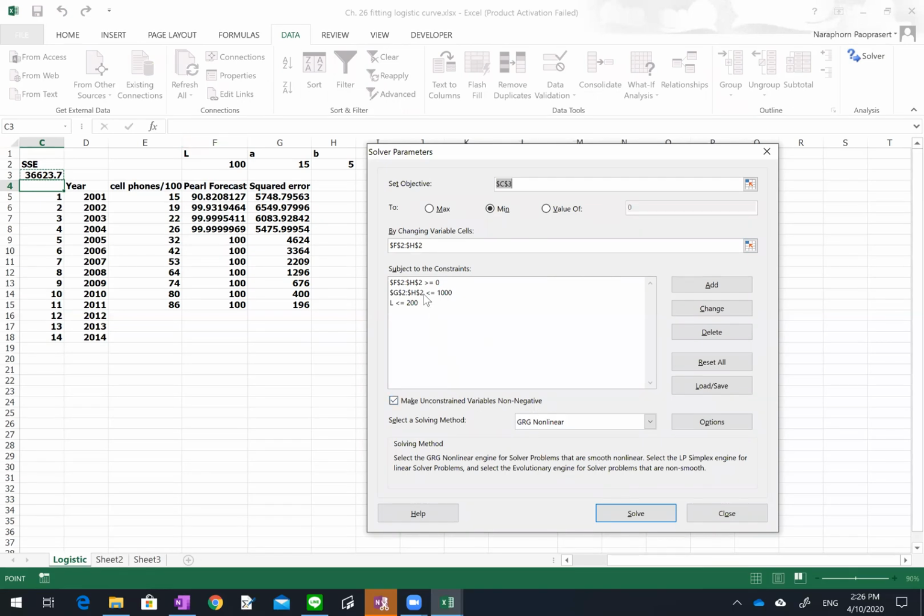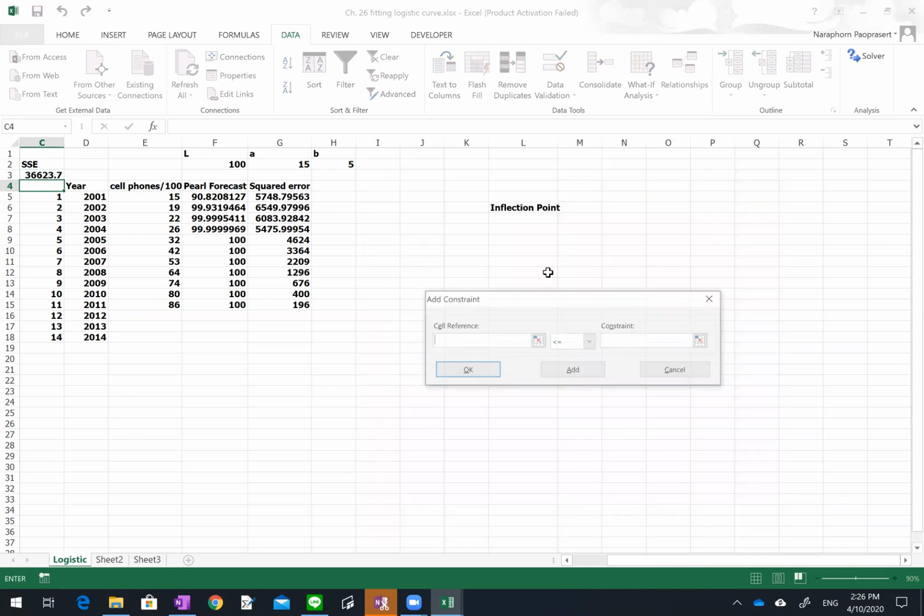We also need to specify the range of L, A, and B. First, we want to say that L, A, and B should be greater than or equal to 0. In order to add these constraints, let me delete it and do it again. You can click Add, then select the range, then select greater than or equal, and say 0. So you add one thing. We want to specify the bounds for all